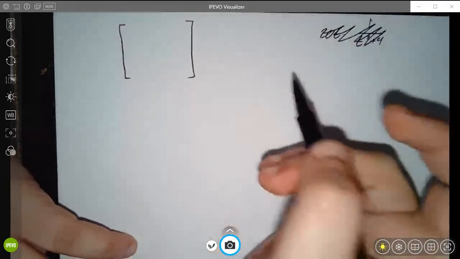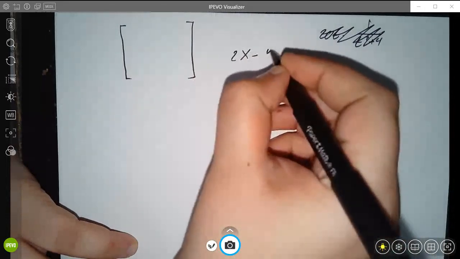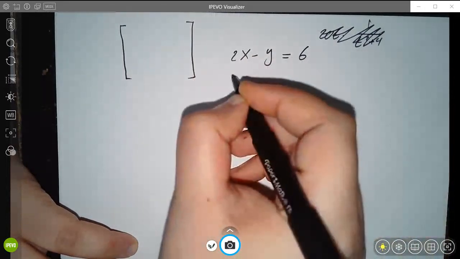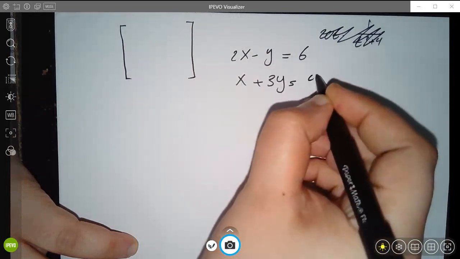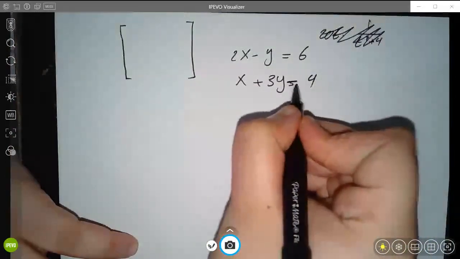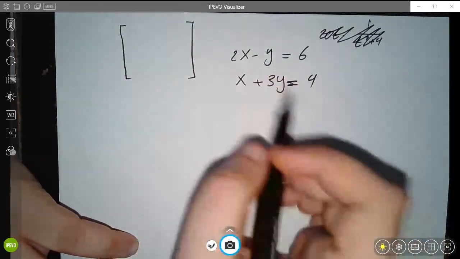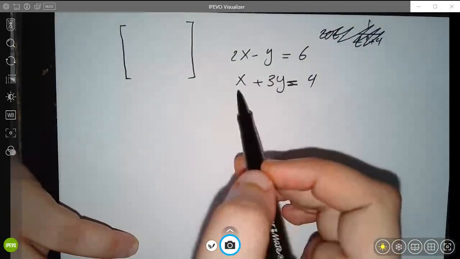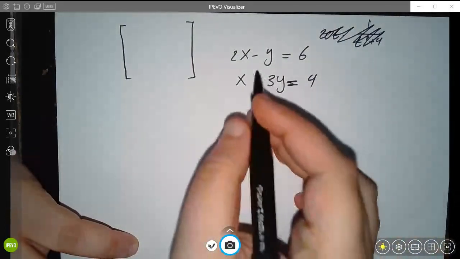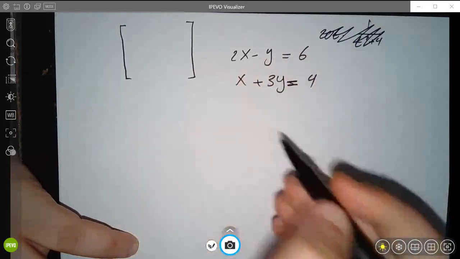Now, if you remember in section 5.1, where I gave you a system of equations and told you that this right here, for example, is a system of equations, and you have one specific x that makes both equations true and one specific y that makes both equations true, and I asked you to solve for this, we learned how to do that. But what if I gave you